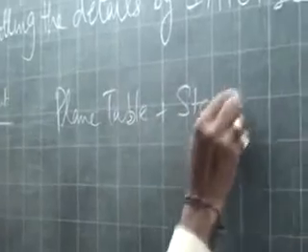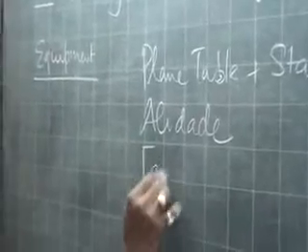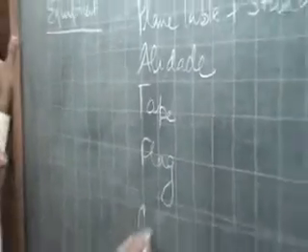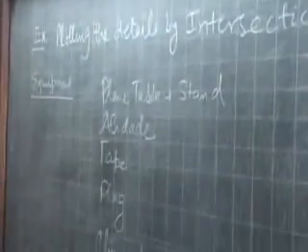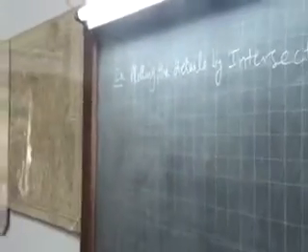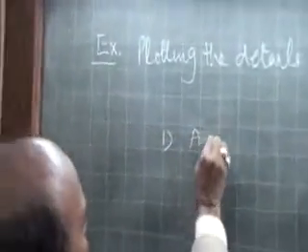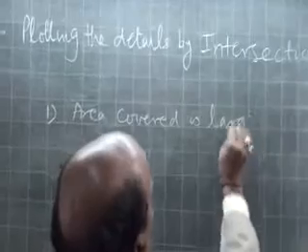You are using alidade, we are using measuring tape, we are using flags in the field, and also you are using a clinometer. So very simple equipment you are using. This method is faster than the radiation method, and this method is used when the area covered is large, whereas radiation method is used in a smaller area.